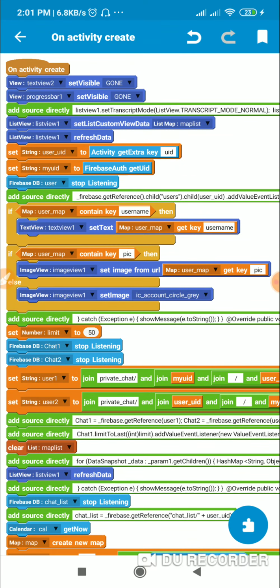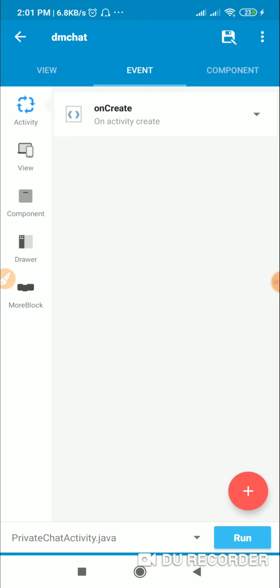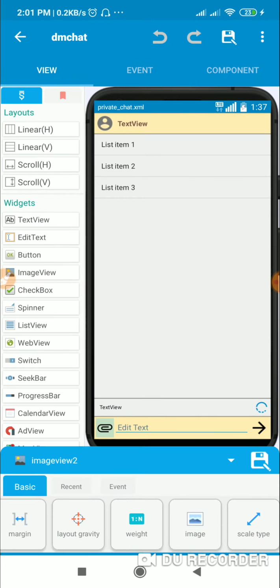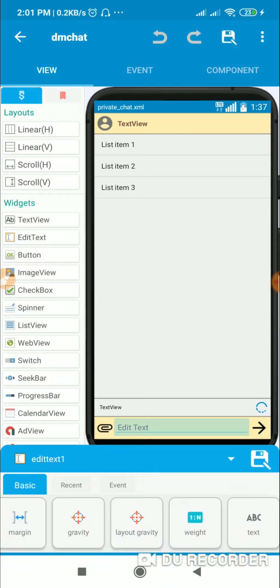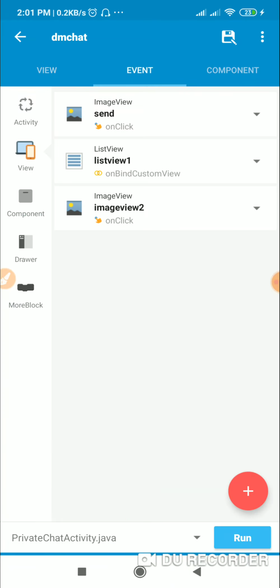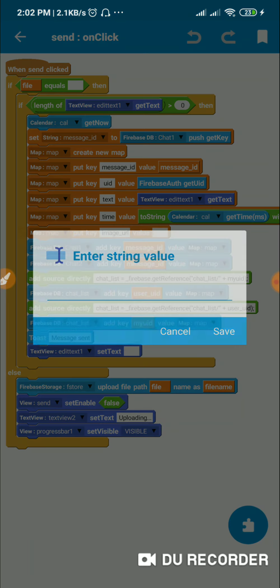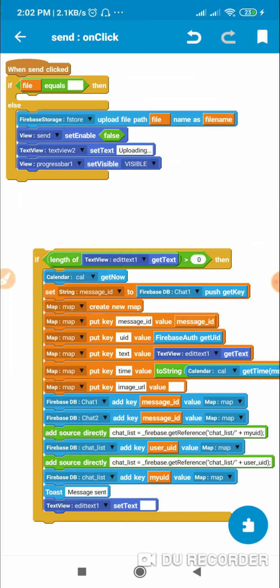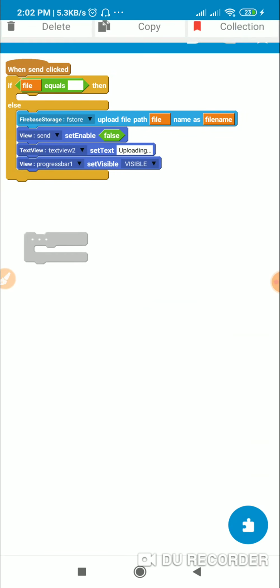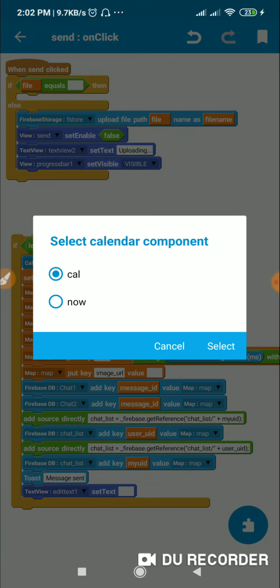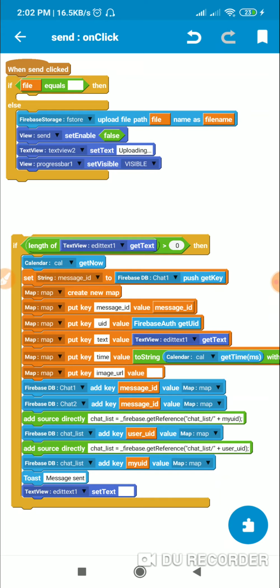Now let's have a look at the send button. This uploading image I will show you later, but here when the user clicks on this send button, I check if this string variable file equals empty. If the user has not picked any image, then it will be empty. So then I check if edit text 1 get text is greater than 0. If it is, then from calendar cal I get the current time, calendar cal get now.